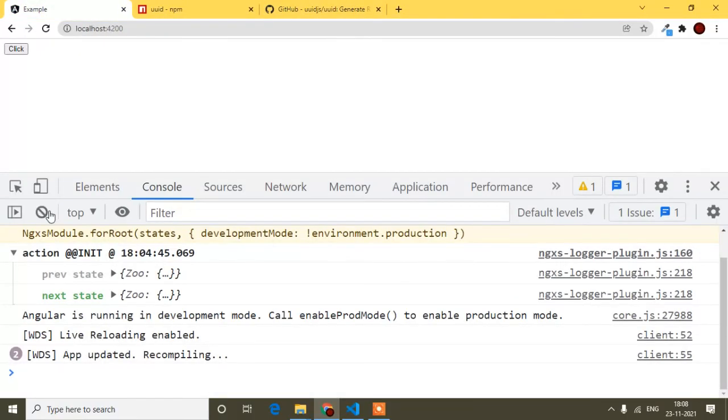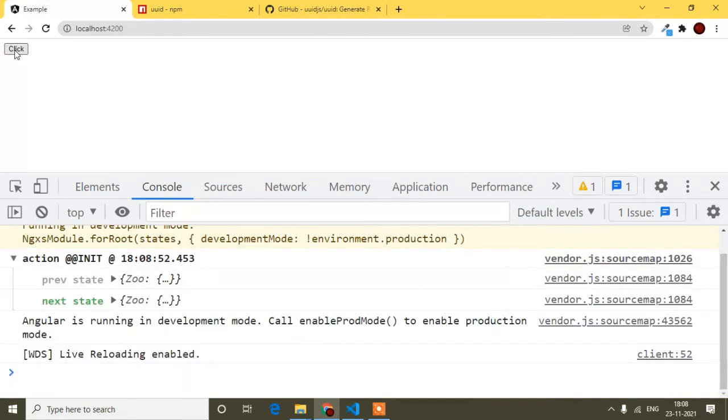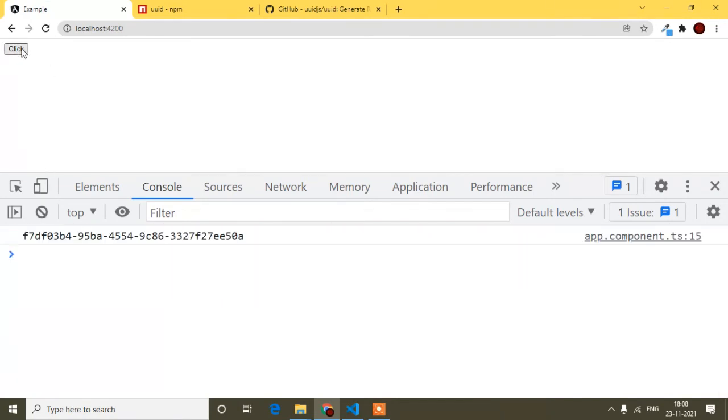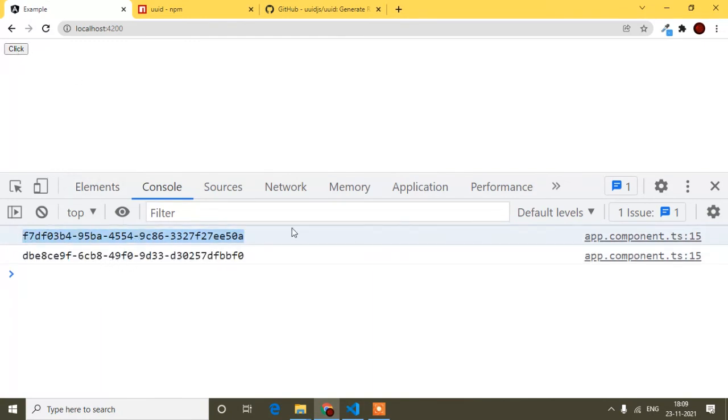Now I will go to my project, and it's refreshing, and if I click this button, you will find a unique id, you can see here. Now this id will always be unique because it's taking our IP address for generating the unique id. Previously, if I used the same code on a different machine and pressed the button at the same time, you would get the same id because it was taking the time and date.